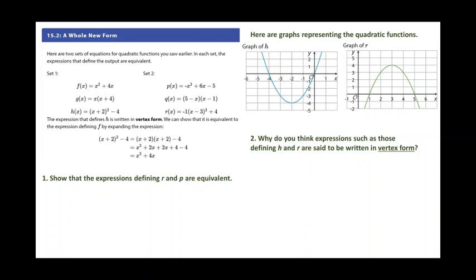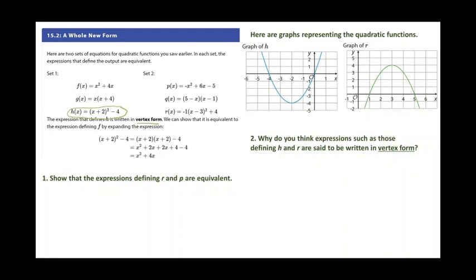So our first activity after the warm-up, we have 2 sets of equations, the same ones that you saw earlier. In each set, the expressions that define the output are equivalent. They are the same. So we have an example here that shows us the expression that defines h. So here we have h of x written in vertex form. We don't yet know exactly what the rules are for vertex form, but this is something that's written in vertex form. We can show it's equivalent to our expression defining f up here, so we can show that it's an equivalent function